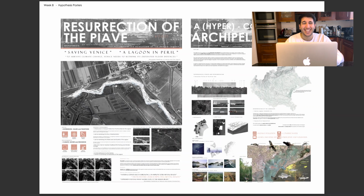Here we go. These are the final posters. These are the final hypothesis posters that I created for the exhibition. Really happy with how it went. Got some amazing feedback from different tutors. Not my own tutors, because my tutors have been giving me feedback every single week, but having the opportunity at these exhibitions to talk with different lecturers, professors, and guests who come to the university was such a great opportunity